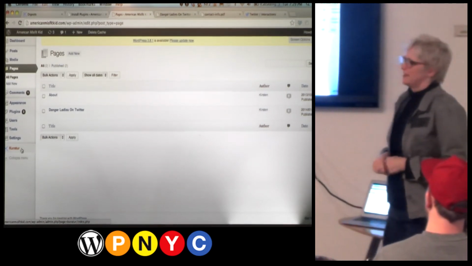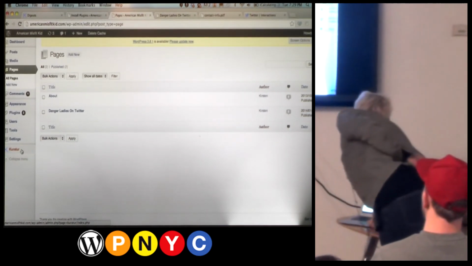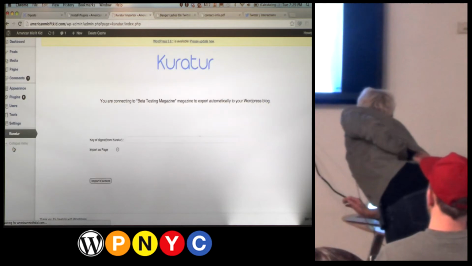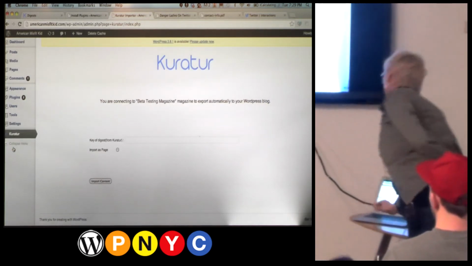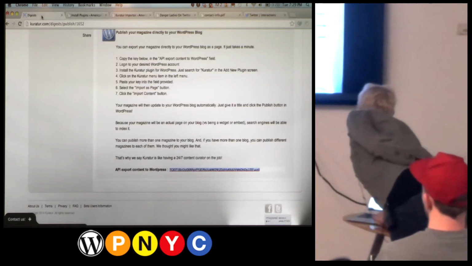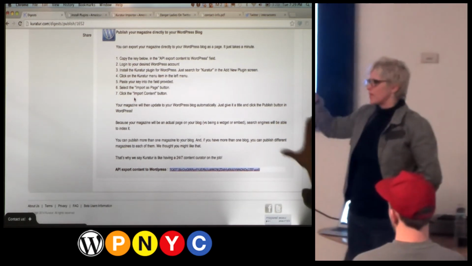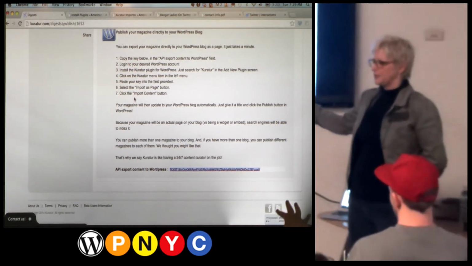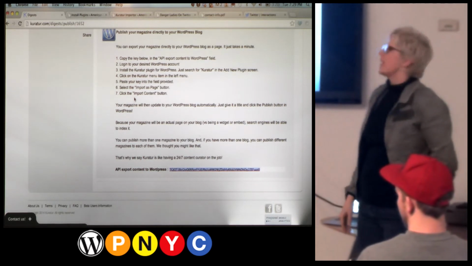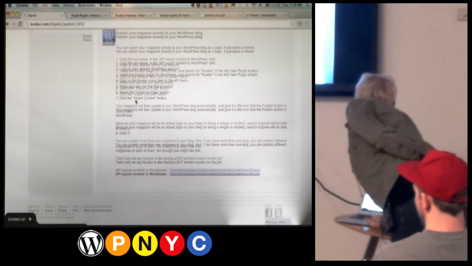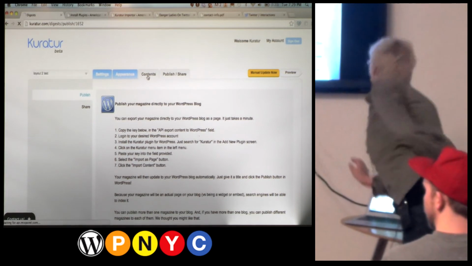Okay, where is the API key in the back end in my settings? So you get that from Kuratur. You've been over at the Kuratur.com site and you've created your magazine there. That's where you've composed it. You've done all that drag and drop at Kuratur. So we were here,